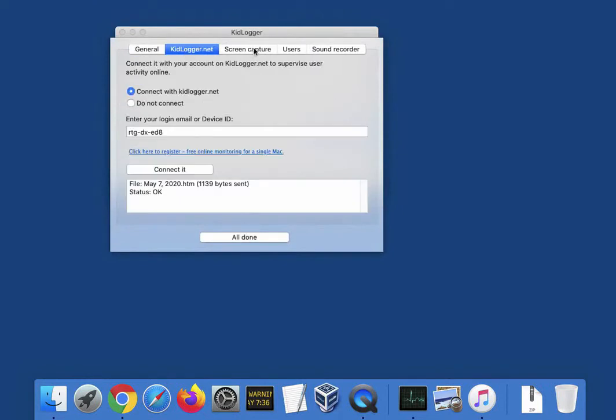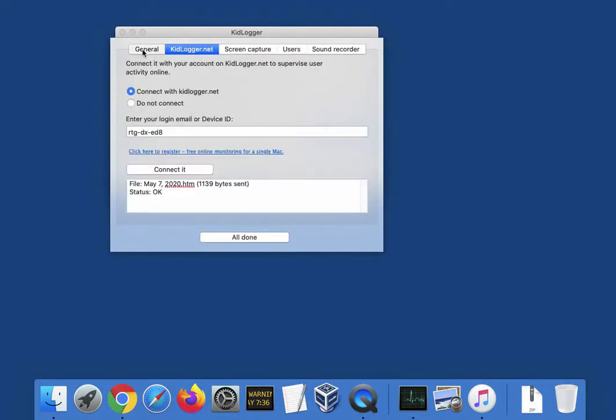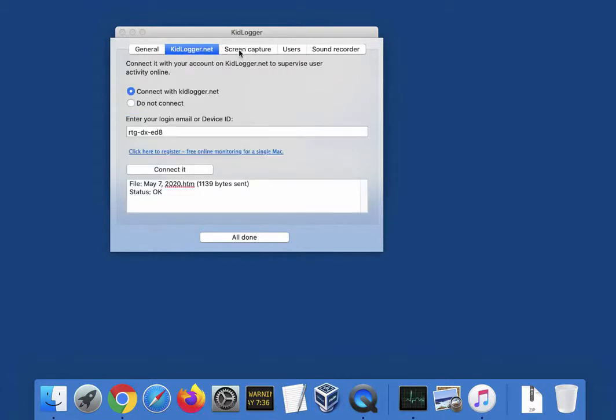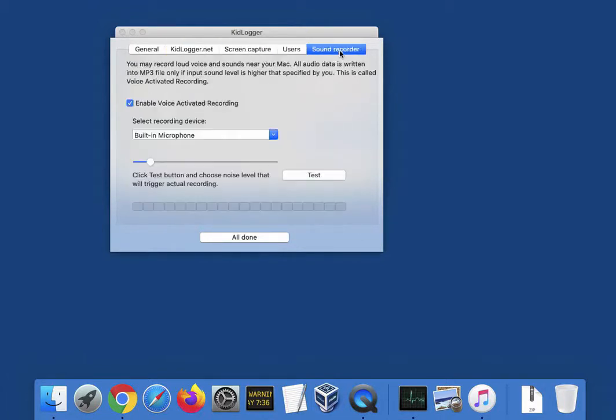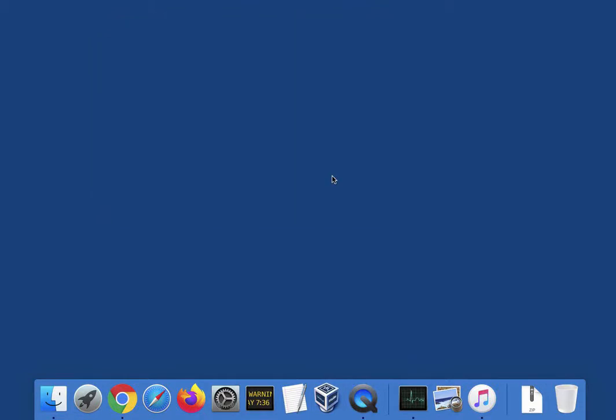Note please, in the last versions you don't need to configure the options here, because we have to do it on the server side. We click Hide,